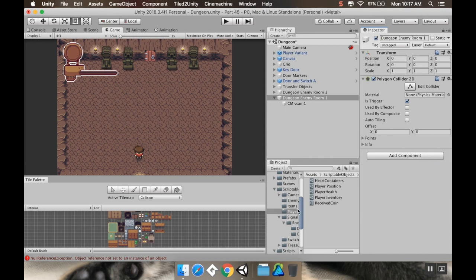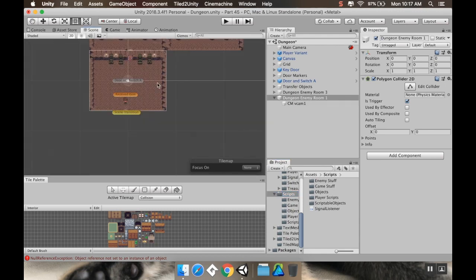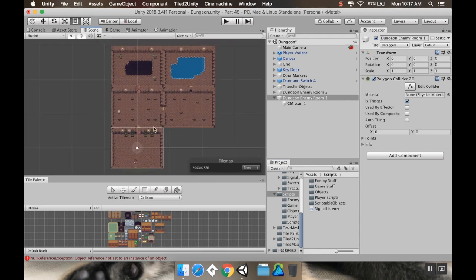Alright, what I am going to do though is make a new script here that's going to monitor which... actually, I don't need to make a new script at all because I already have the dungeon room script. Alright, cool. So this script is going to monitor which virtual camera we're going to be using. So we're going to have several virtual cameras. In the example of this small dungeon, we have 5 rooms, so we're going to have 5 virtual cameras that